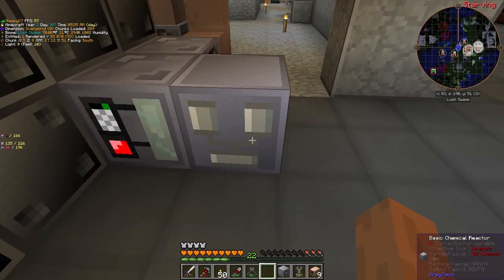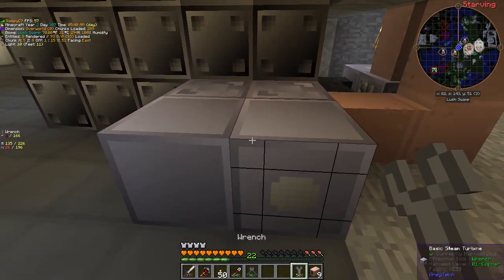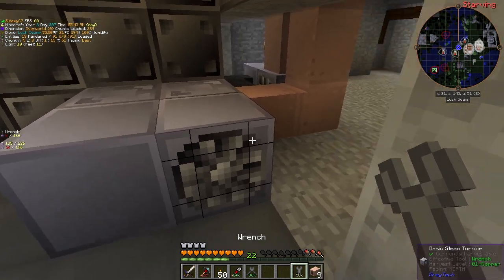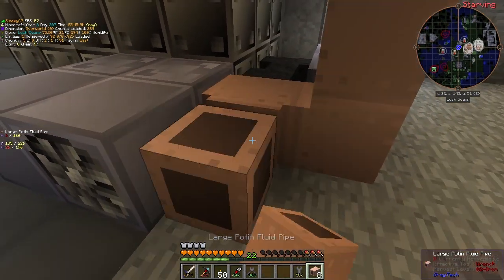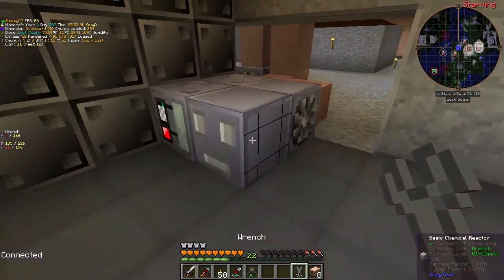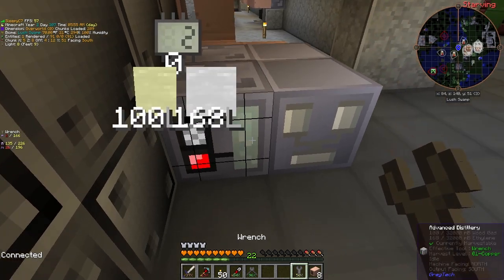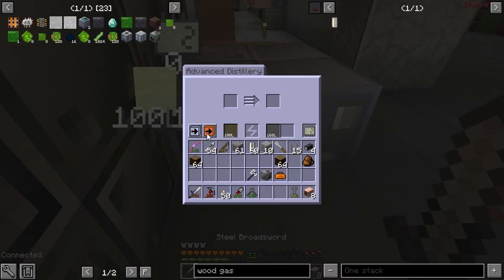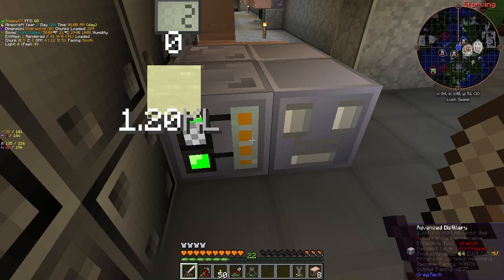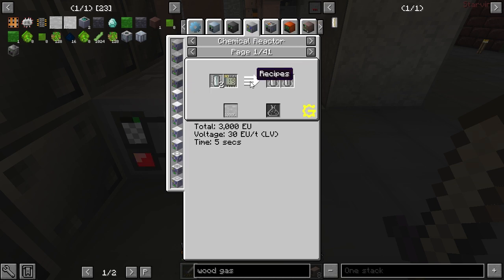So that, plus that, output there. We'll just come right off of that. Bingo. So that should be powered. So if we do output that side, automatic output, that puts the ethylene into here. Ethylene in a chemical reactor with,